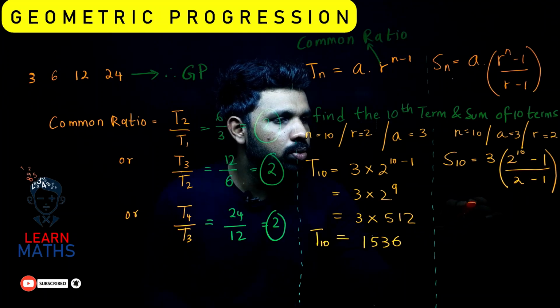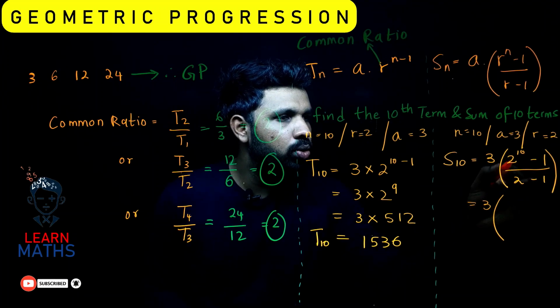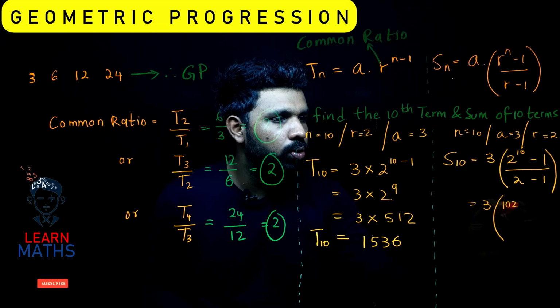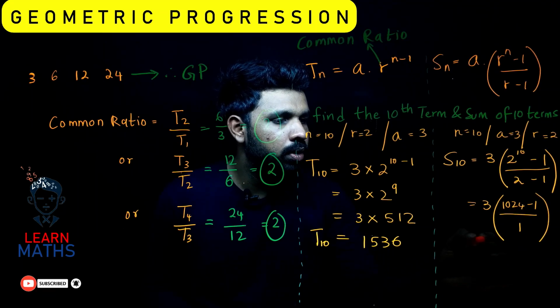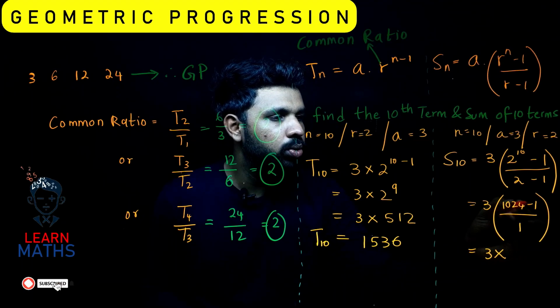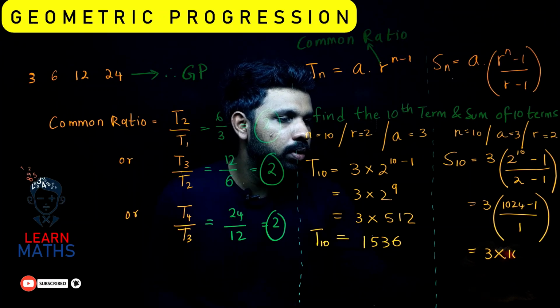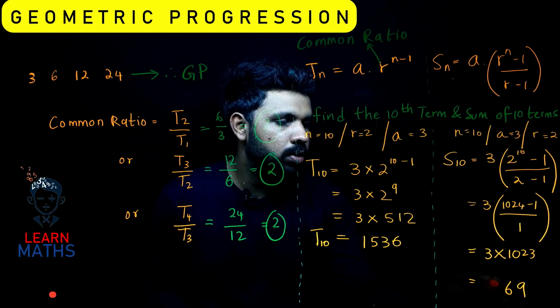This equals 3 times bracket 2 to the power 10, that is 1024, minus 1, over 2 minus 1, that is 1, which equals 3 into 1024 minus 1, that is 1023. This is equal to